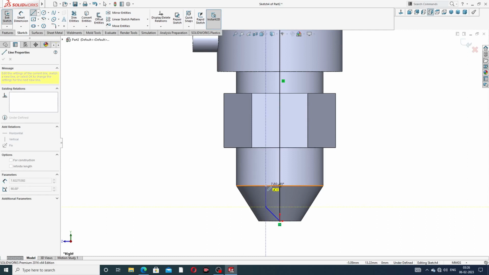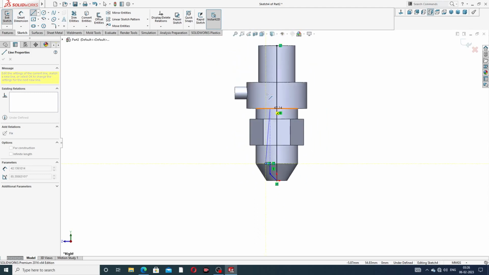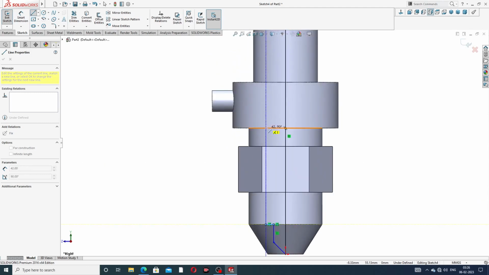This is correct, and okay, use this. Okay, this is perfect, and use this line, select this. Okay, and